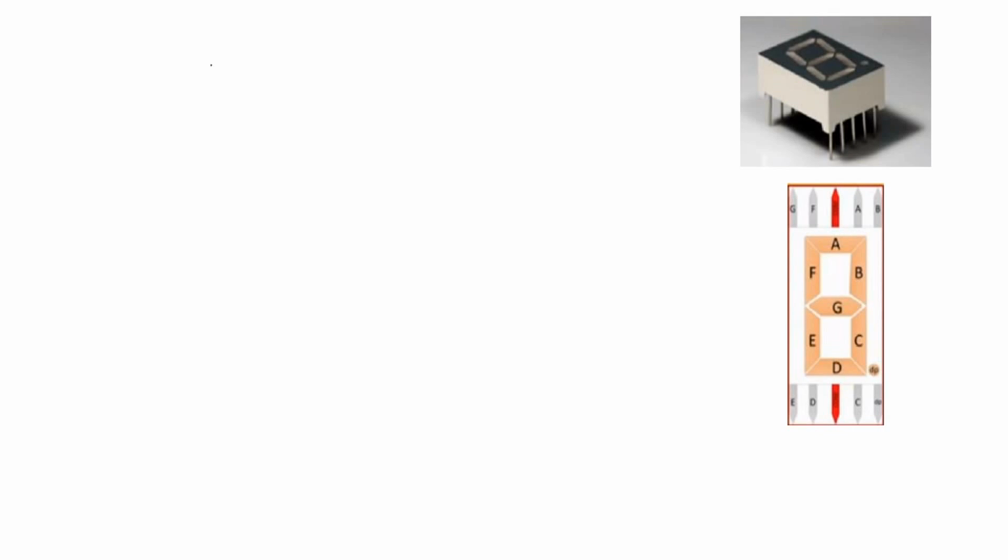So it is a display device which is used to display alphanumeric characters. Alphanumeric means you can show either 0 to 9 or any hexadecimal number, right? Suppose you want to show 0, so 0 you can show in this way. In this you have to glow all these lines except the G line, right? So we will see how to connect it in real time.